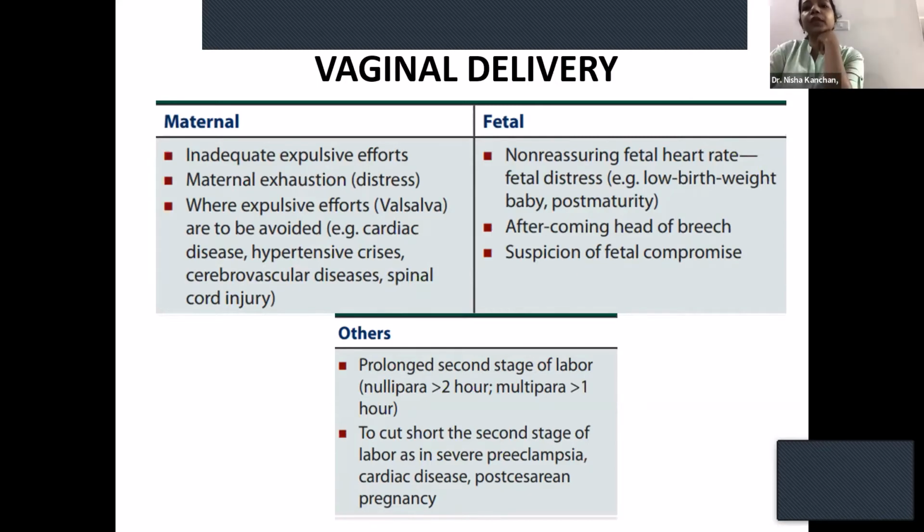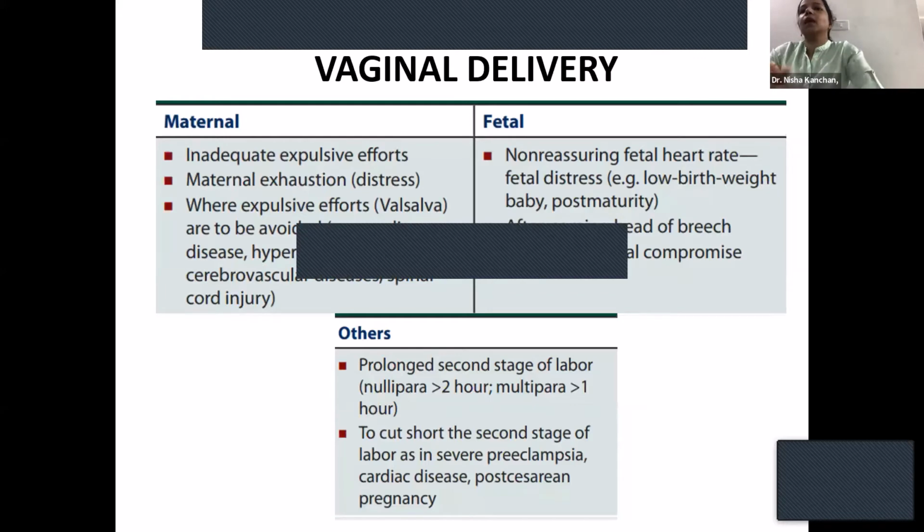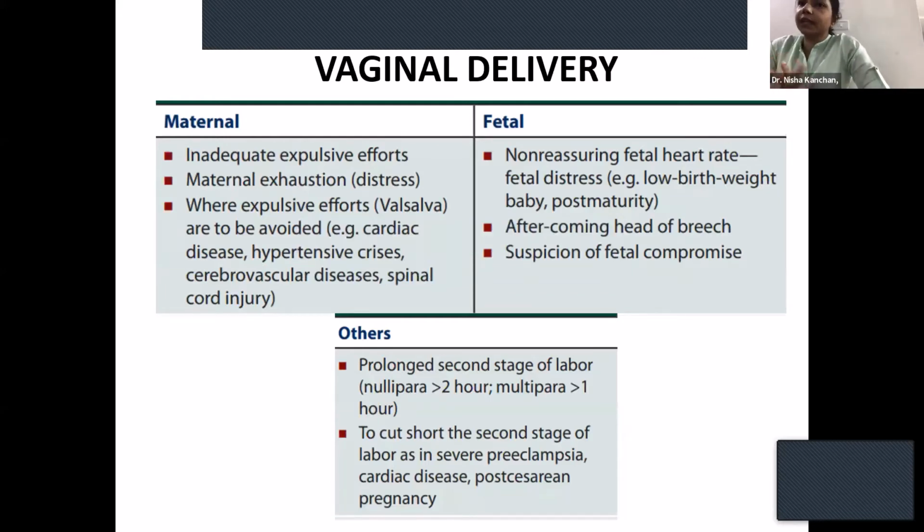And fetal distress: suddenly you feel that the baby is going into distress, a non-reassuring fetal heart rate. What is the normal range of the fetal heart rate? Around 110 to 160. So, 120 to 160 is also fine, 110 to 160 is also fine. There can be fetal bradycardia in the second stage of labor, but as soon as the contraction passes off, the baby's heart rate should come up. If there is a continuous fall in the baby's heart rate, bradycardia, or there is tachycardia, then you need to go in and put your forceps.